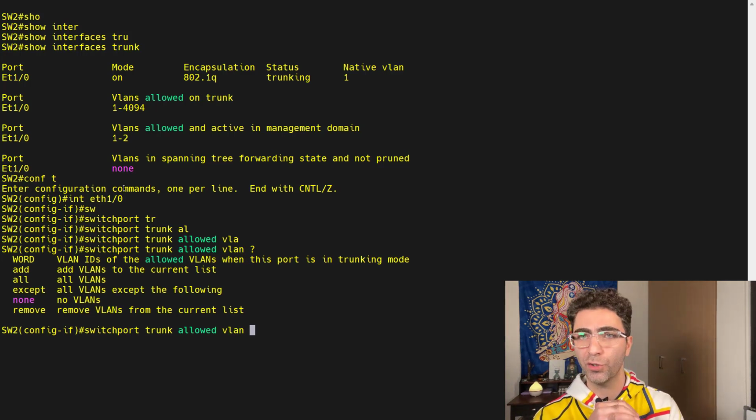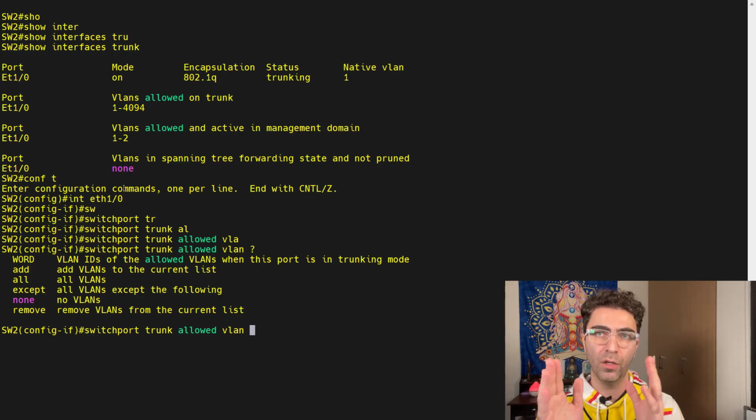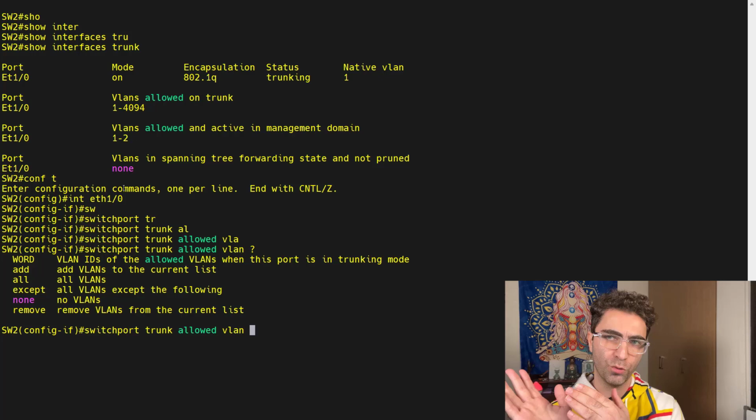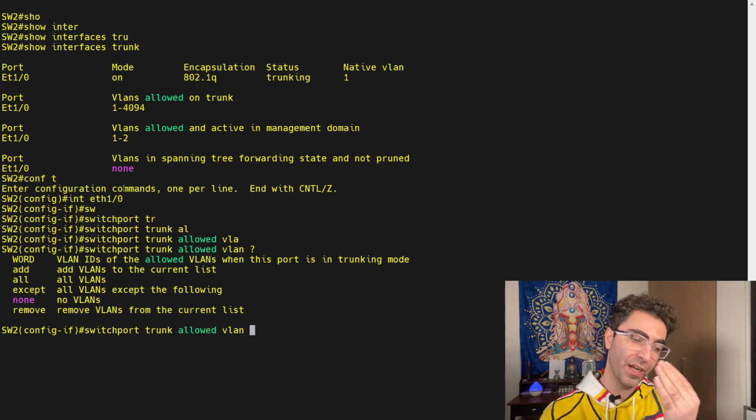You can specify the VLAN IDs that you want to allow, like 1 to 10, 1 to 20, 11 to 20. And you can create a list of all VLANs that you want to be allowed to go through that trunk. When you create that initial list and later you want to add another VLAN to the list, you will be using the add